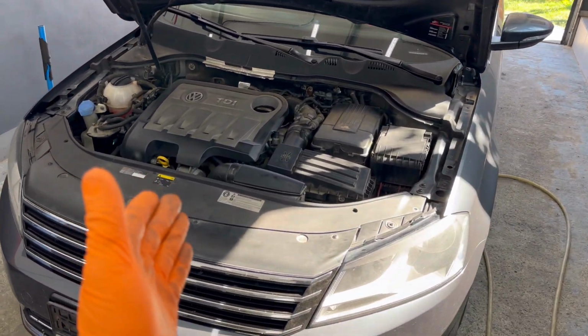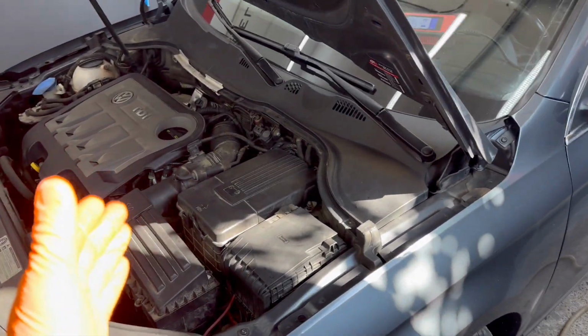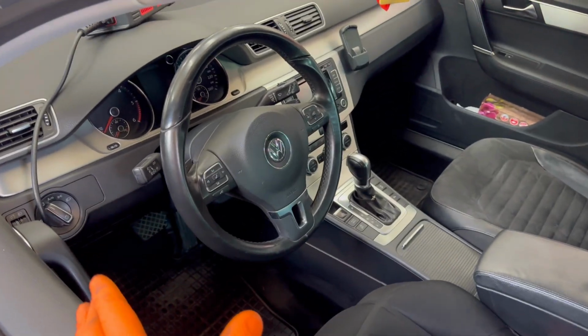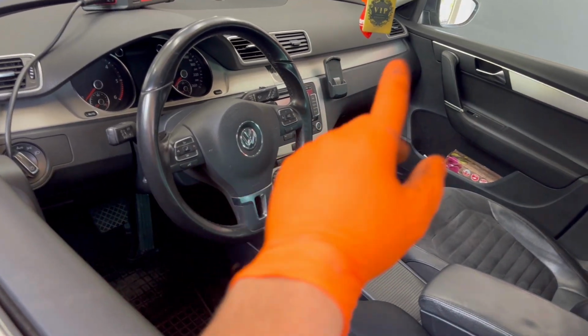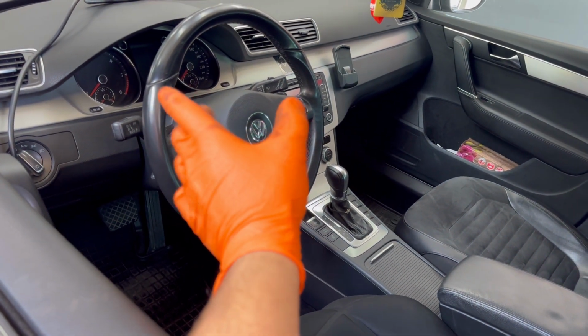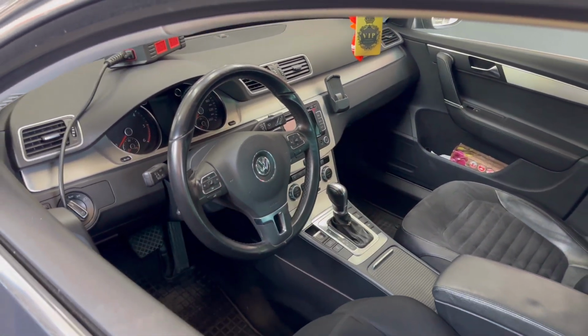In today's episode I'm going to show you how to completely replace and remove the heater core or the radiator from inside the dashboard from any VW Passat B6, B7, B8, Skoda, Seat and other vehicles made by VW Group out there. So in today's episode I'm working on this Volkswagen Passat B7 made in the year 2014,